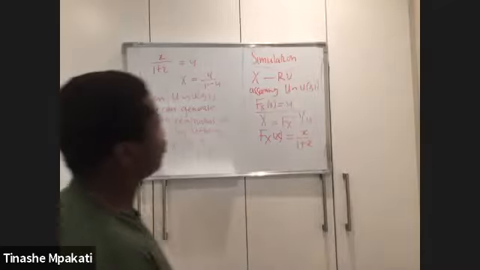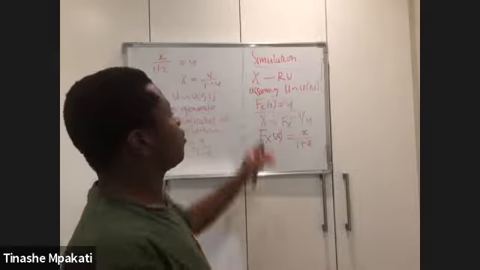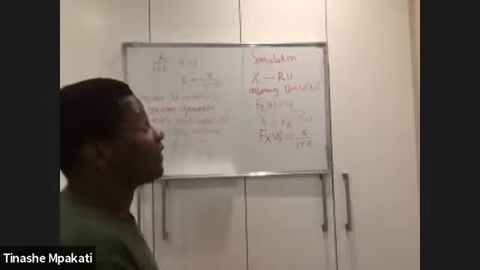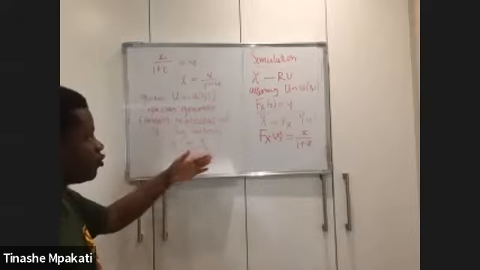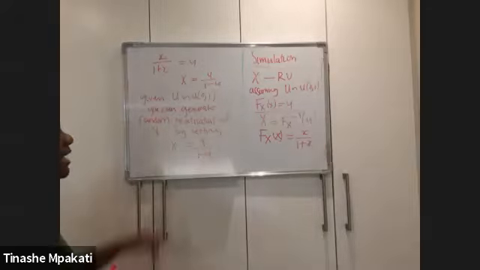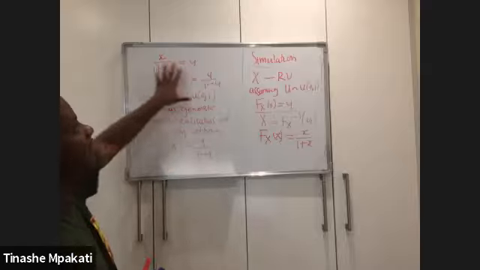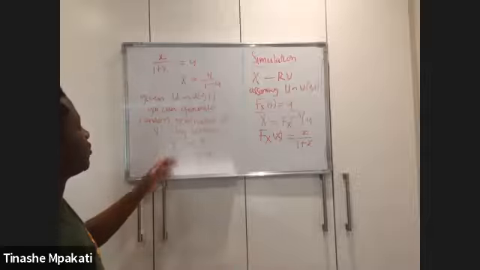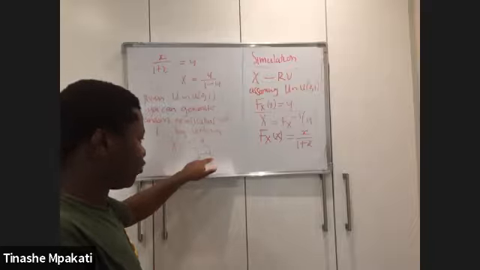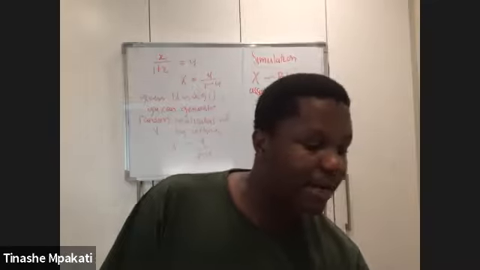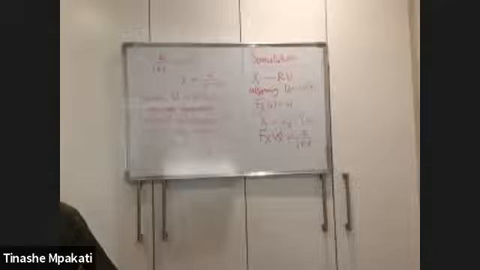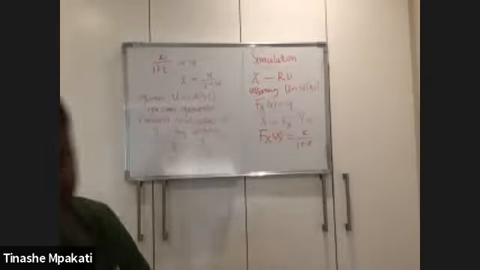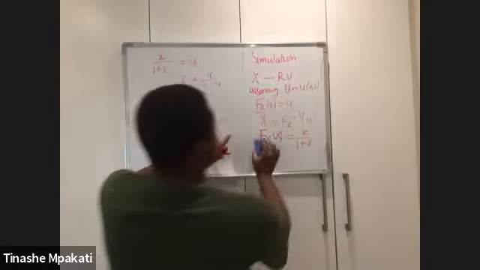So the reason why you equate your F of x to u is that we want to find a formula for x, which we should let x be equal to, for us to be able to generate random realizations of x. So remember, this is a random variable x that we're dealing with. If you just want random numbers from that distribution of x, all you have to do is let your x be equal to u over 1 minus u, where the u here are just the random numbers which have a uniform distribution between 0 and 1. Okay, cool.